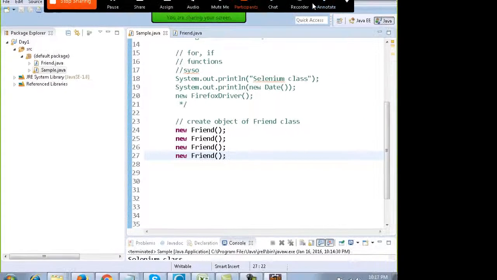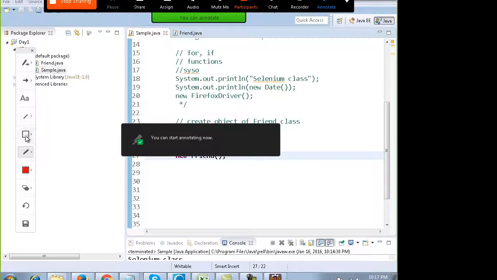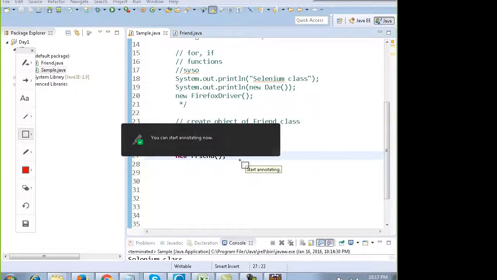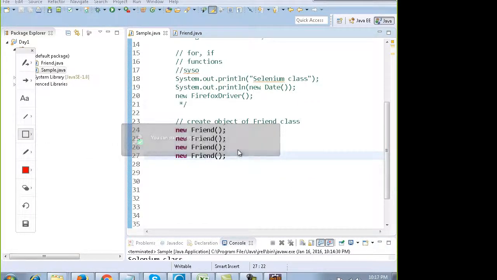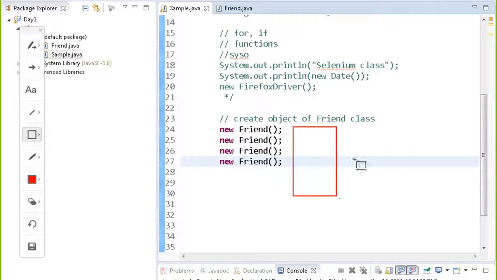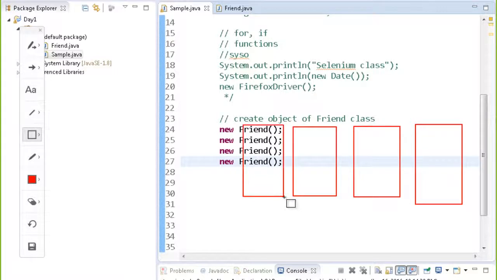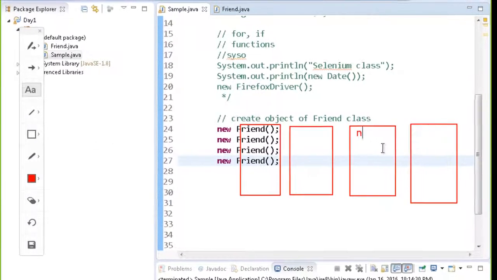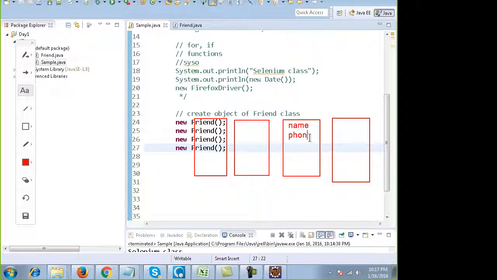If I am writing it 4 times, that means I have created 4 objects of the friend class. Each object would have the property name and phone. In the memory, every object will have this.